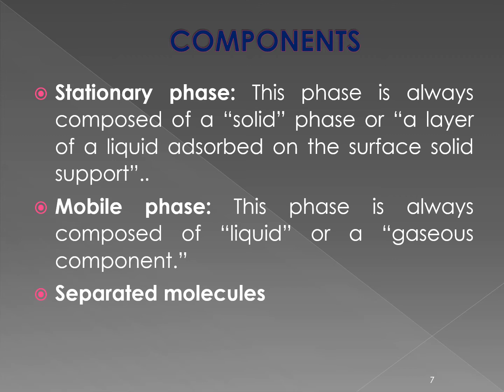So we can say that stationary phase is the static phase, and it is laid onto the column or a thin plate. So stationary phase may be solid or it may be liquid that is absorbed on the surface to support the solid material. So it is the static phase and it may be solid or a liquid.